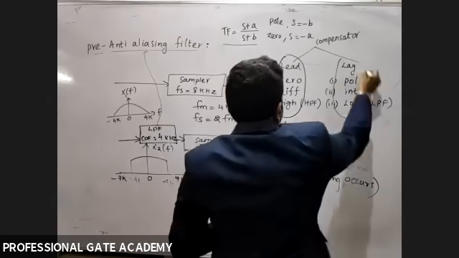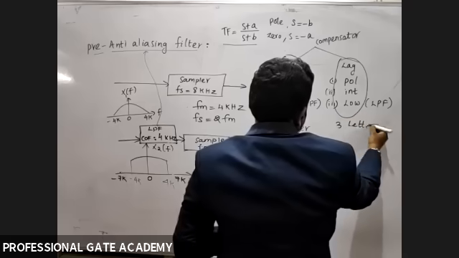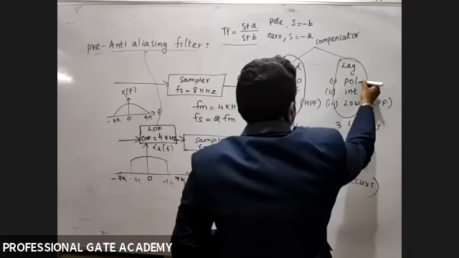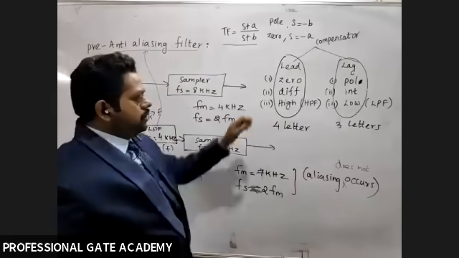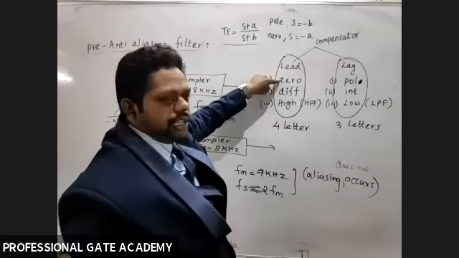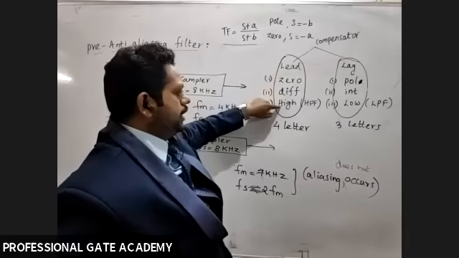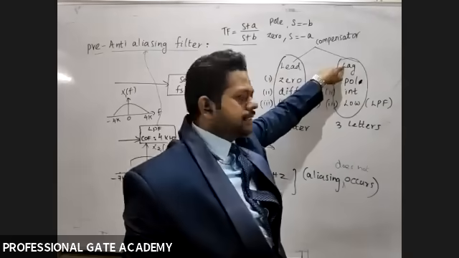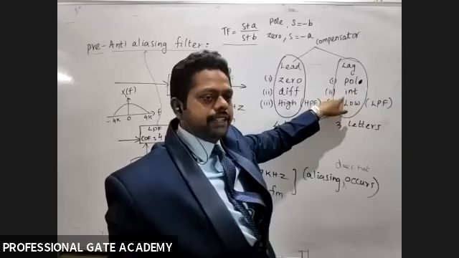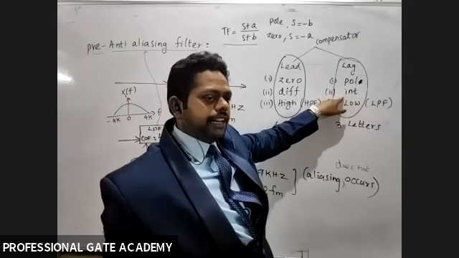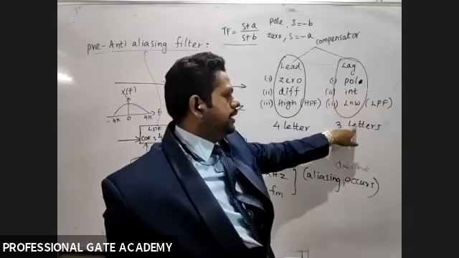For the short form, how many letters does each have? Three letters, but for pole, the E is not present, so you can use POL. For lead, the short form is 4 letters, and zero is 4 letters. Lag means 3 letters, POL means 3 letters, integrator's short form INT is 3 letters, and low pass filter's short form LOW is 3 letters.